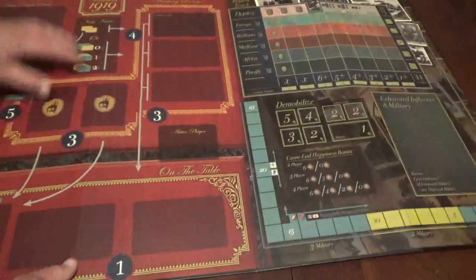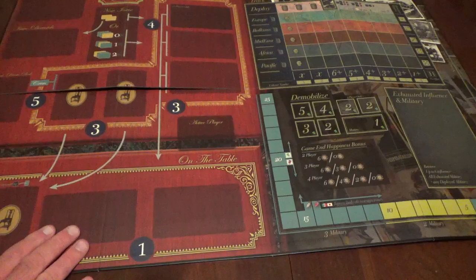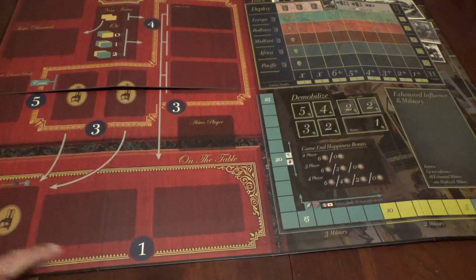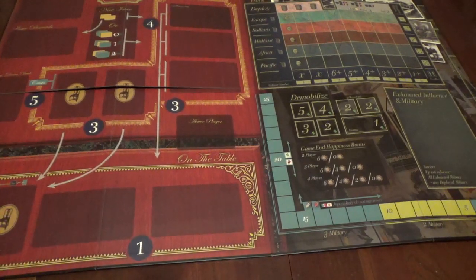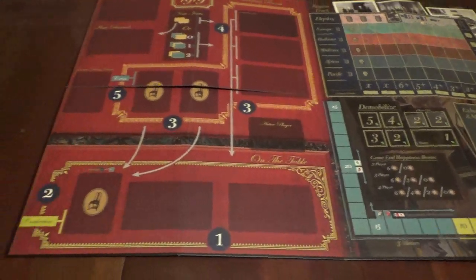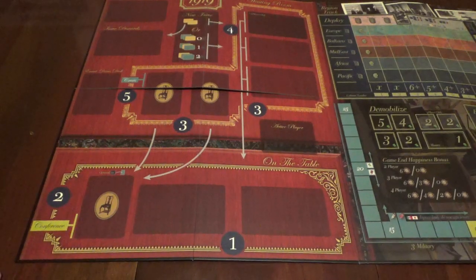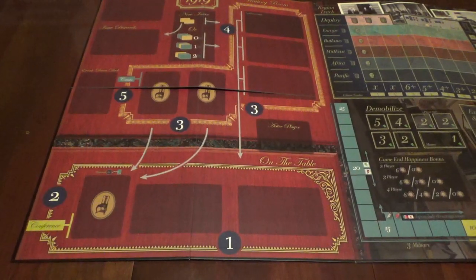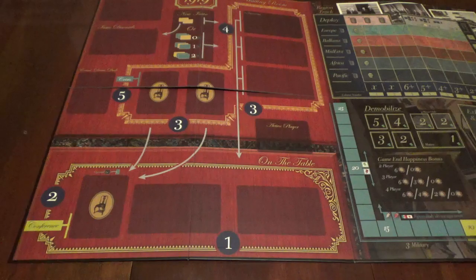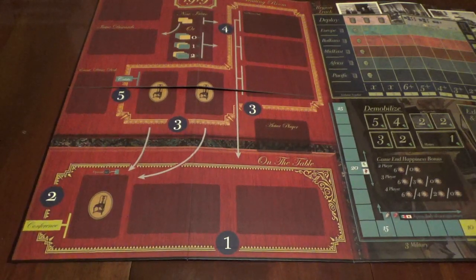Alright, here we go. Let's see what we got here. Nice big map going on. Alright, so we got issues. Got nice big numbers showing us where things are, where they need to be. Okay, so that's one side of the board over here. The waiting room, active player, event decks, discards, issue discards, conference room over here. Interesting. And then we have the other side of the map,